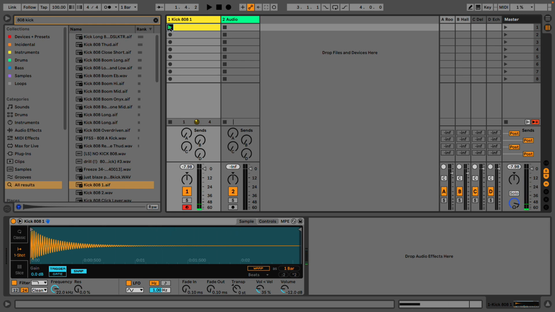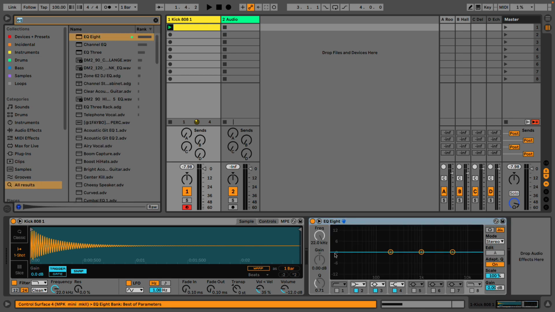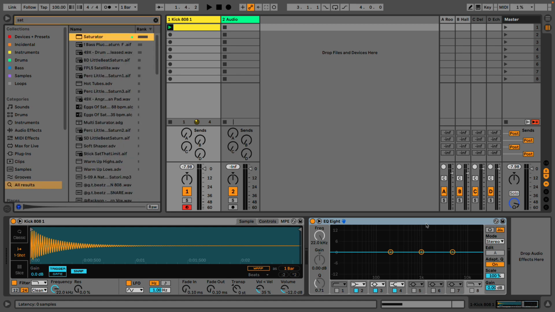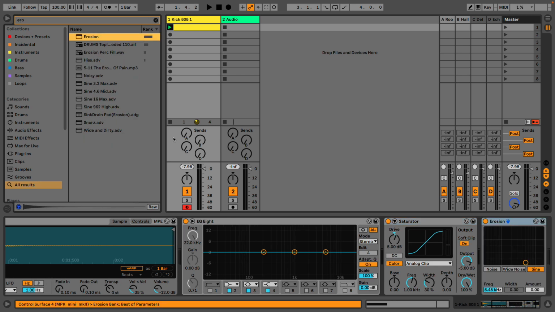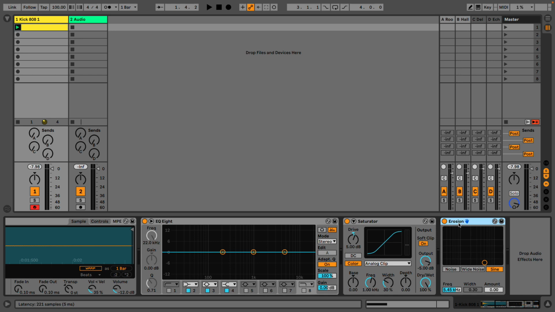I'm now going to go about creating some slightly different variations of how this drum sounds. I'm going to start with a few simple effects that I can adjust along the way. I'm going to add an EQ so I can change the tone a little bit. I'm going to add a saturator, some kind of distortion, so I can change the overtones a little bit. I'm going to add an effect that's a bit more particular to Ableton Live called Erosion, and all this does is add noise to a signal. If I press this now,